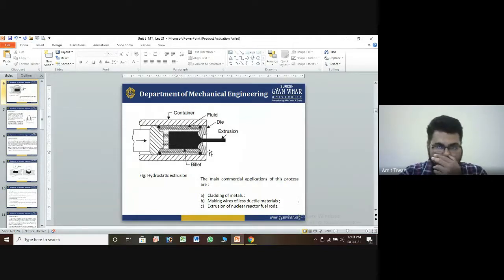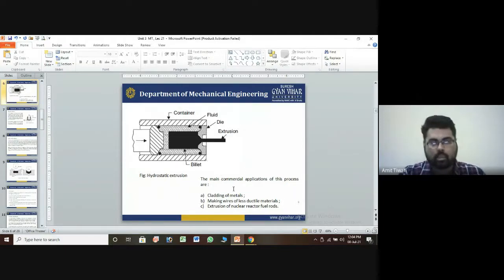And here, these are the originals. We can have a die, and you can use the bar like this. You can apply pressure on the particular area, and the fluid will pass into the tube and form the shape, converting it like this. So this is the final extrusion process when done. These are under the category of hydrostatic extrusion.